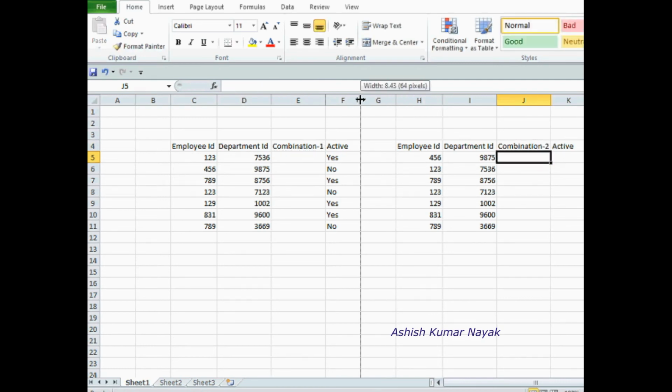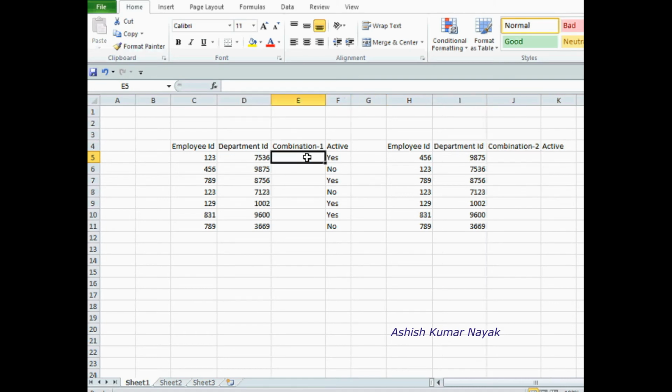Okay, now in combination 1 just type is equal to, select this employee ID value 123, type ampersand sign, then select the value 7536 in the department ID, press enter. Okay, so 1237536, that is getting combined here through the ampersand operator.